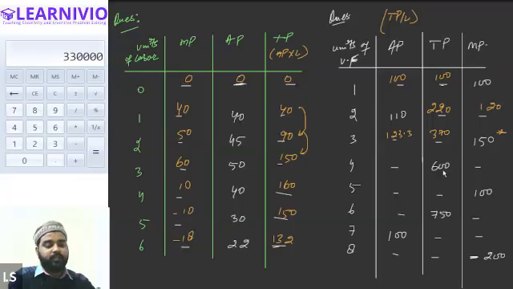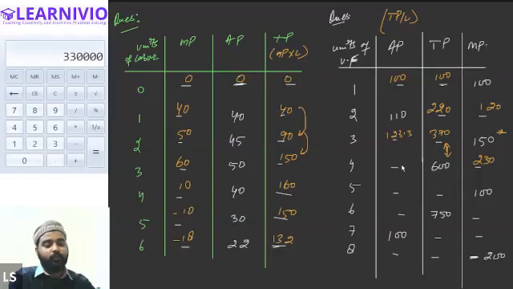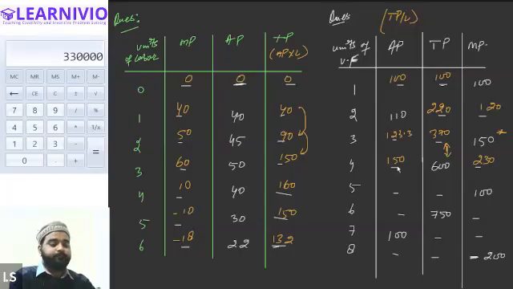Now the total product is 600. That means there is a change of how many units? 230. So that will be your marginal product, and average product will be 600 divided by 4, which is 150. Correct. Now the marginal product is 100, so we add 100 to the total production. From 600, it rises to 700. Now 700 divided by 5, we get 140. Yes or no? Yes, sir.